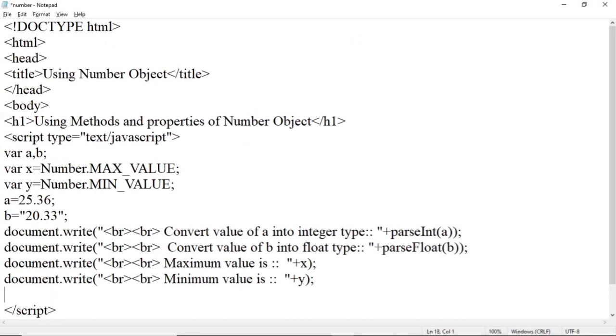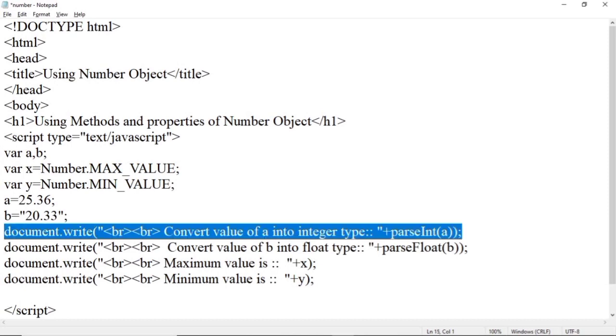Now to check whether the provided string is a number or not, for that we can use a method that is isInteger. Okay, so for that let us copy this statement.